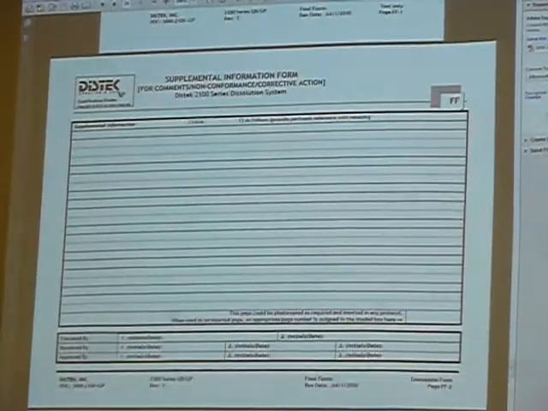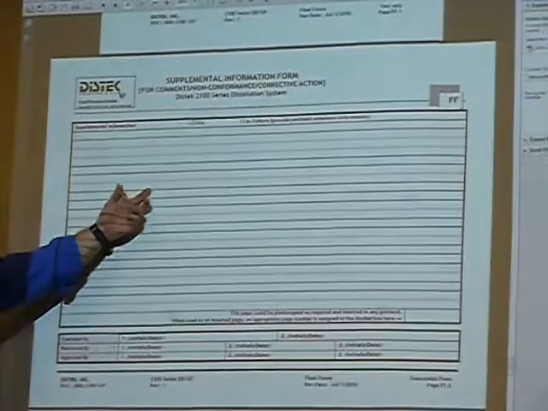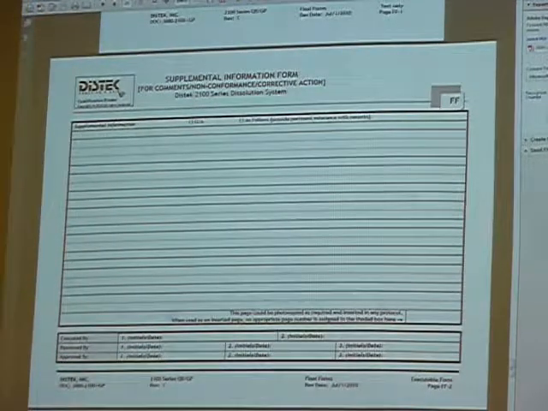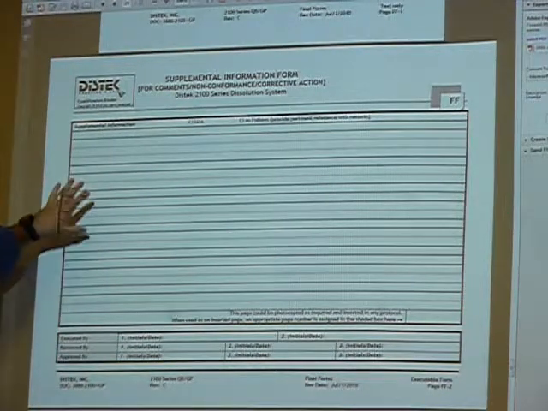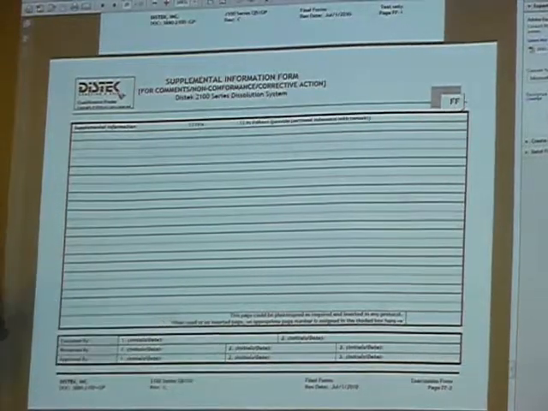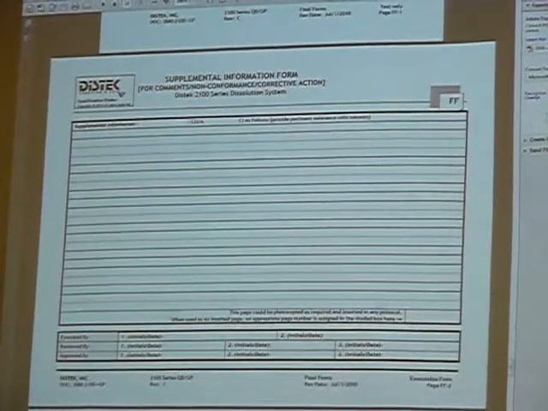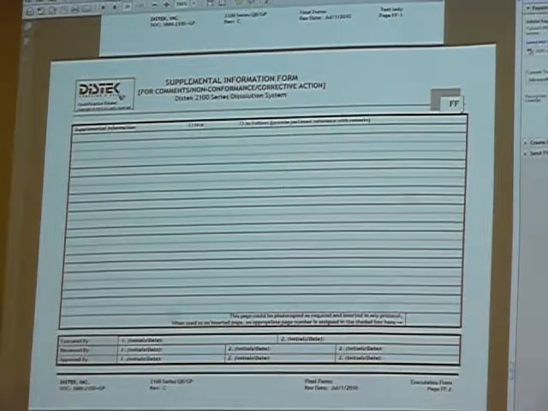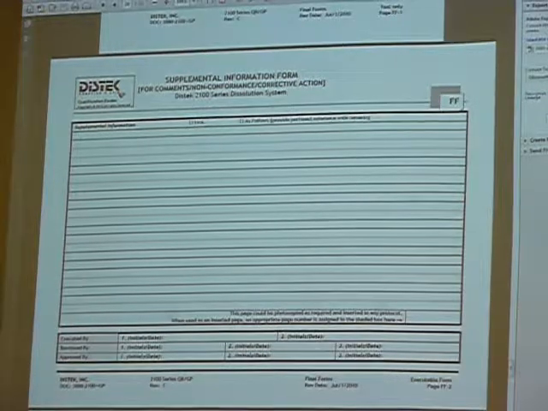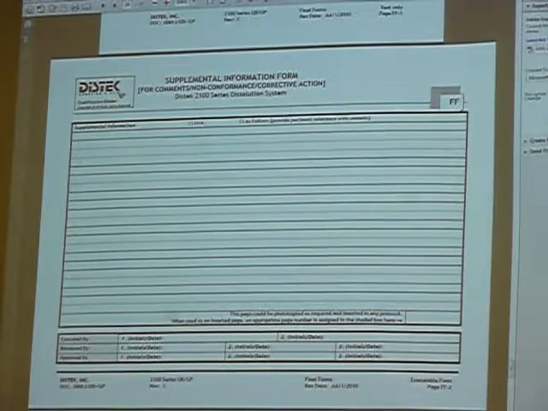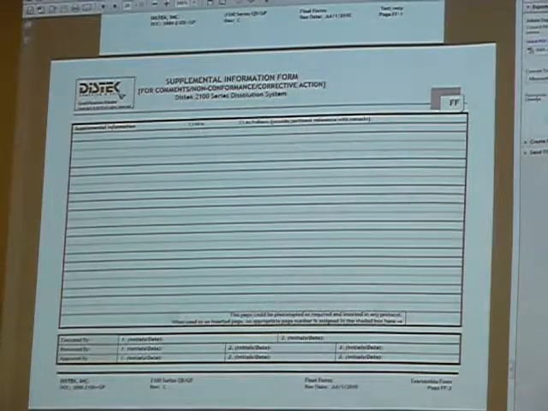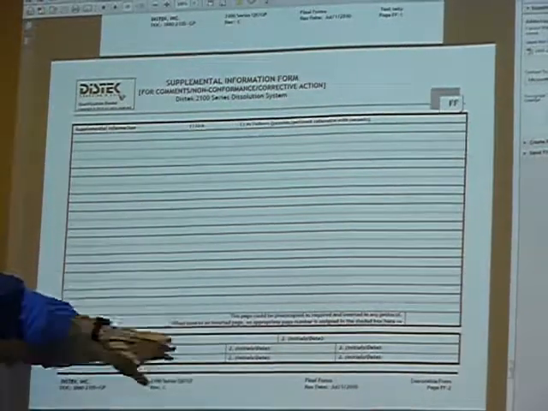And again, like I said, back to the final forms. This right here, anything that pops up during your qualification that needs to be explained. We also have the availability here, if it's lengthy and you need to write down a novel. I try to write down the least amount of information I have to, to explain what's going on. I don't like to go on and on and on. I know there's been some Pat you referred to before. I've worked with him before. He likes to write a 3-page novel on anything that he does. I like to write a 1-sentence item that explains what I did. But if you choose, if you want to write anything lengthy,